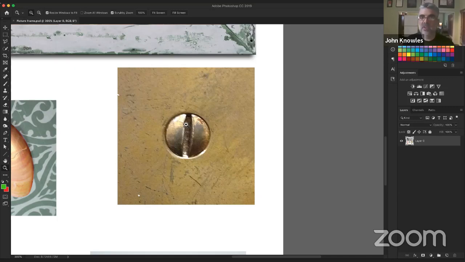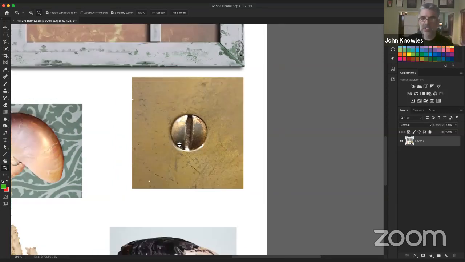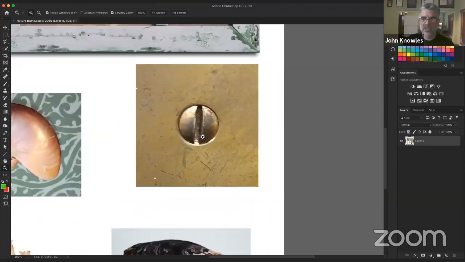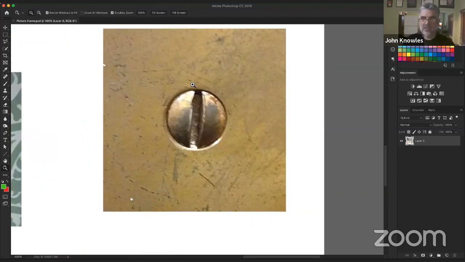It's second nature to me. I've been using this program for decades now, and it's just kind of ingrained in my head. I want to back out, I just hold down the Option key and start clicking. It becomes second nature. Okay, all right, so I got this thing nice and big, and I want to center